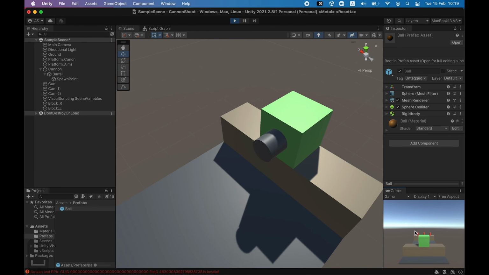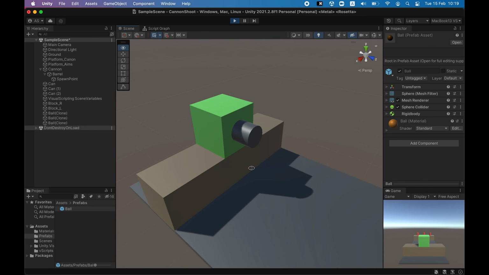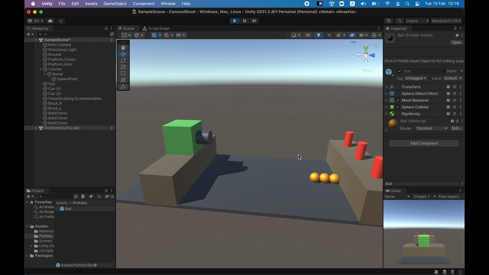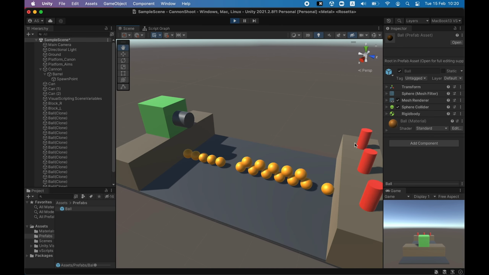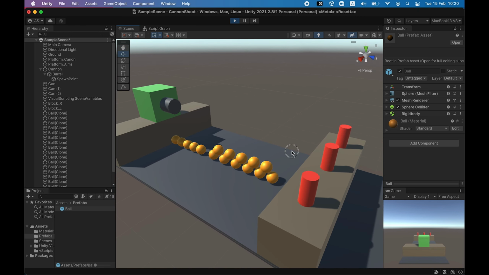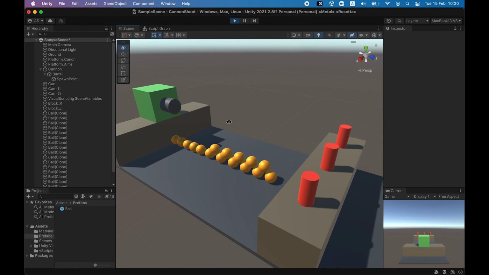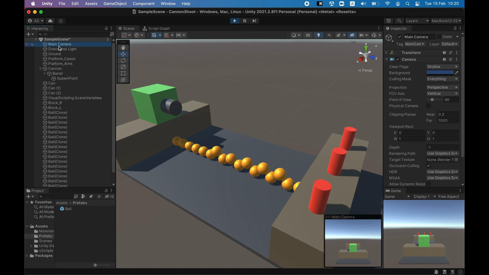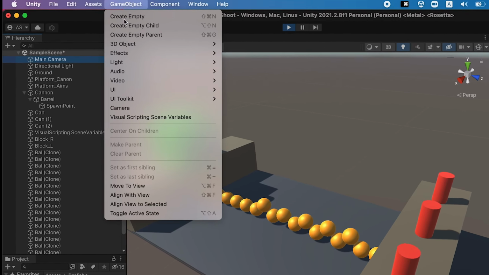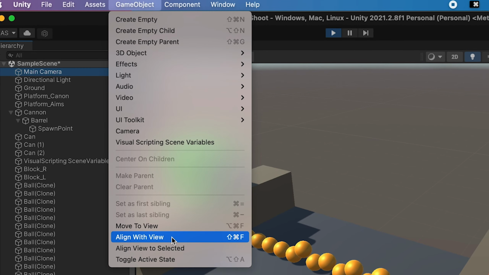So now, yeah, this is good. I think this is not that powerful. As you can see right now, my scene view is nicely placed, but my camera is weird. There's a nice option to align the scene view with the game view. You press on the main camera game object, and there's Align With View. Make sure you do it with the camera, not with any other object, because it will align